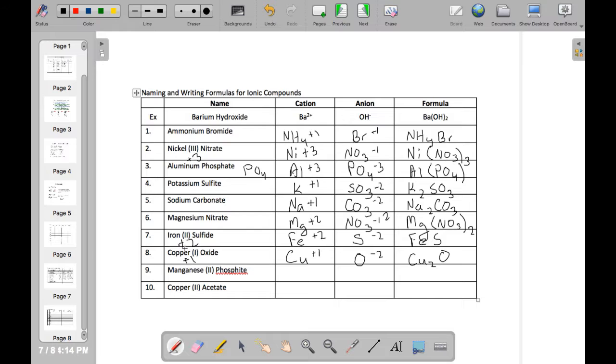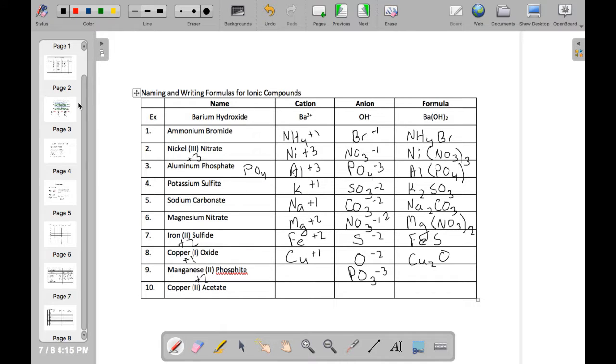Phosphite. PO3 -3. Notice I have phosphate -3. If I lose one oxygen, I have phosphite, PO3 -3. The charge stays the same. And manganese. Well, remember, manganese is different than magnesium. Those are easy to get confused. Manganese, it's a transition metal because it has a 2 here. I know it has a +2 charge,